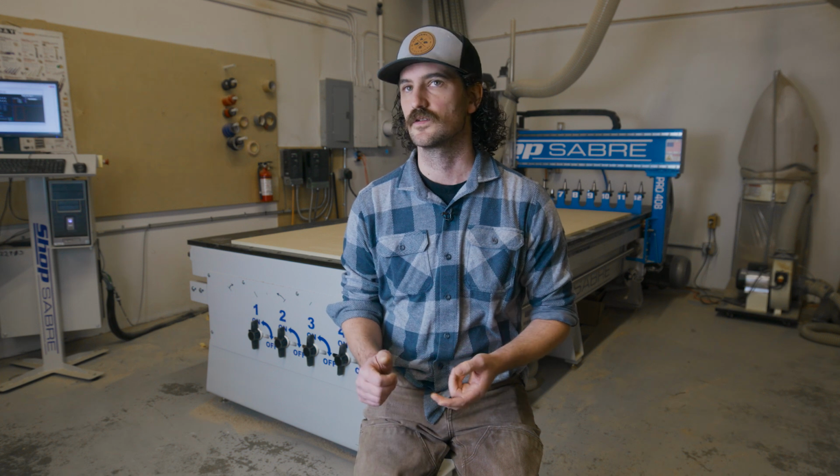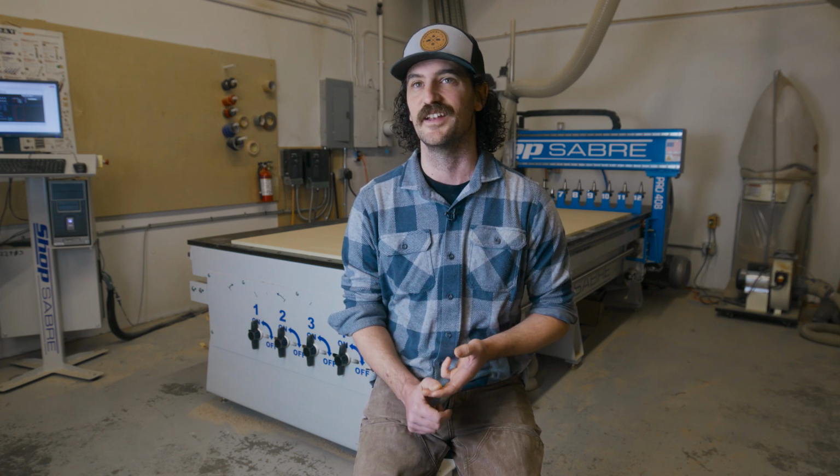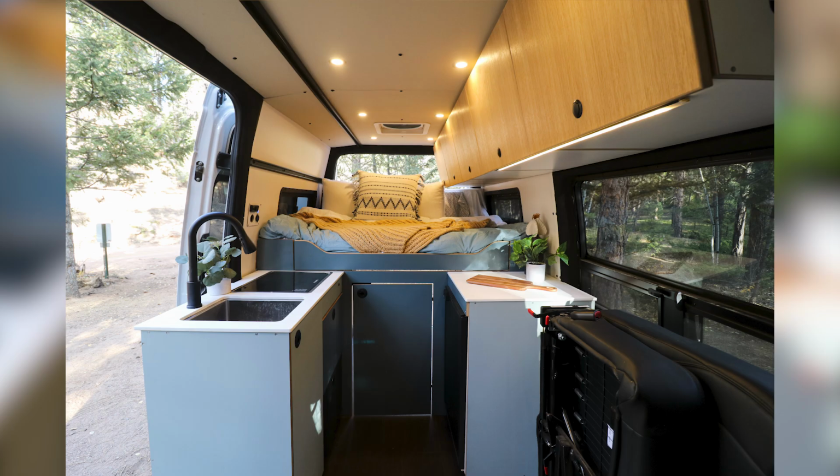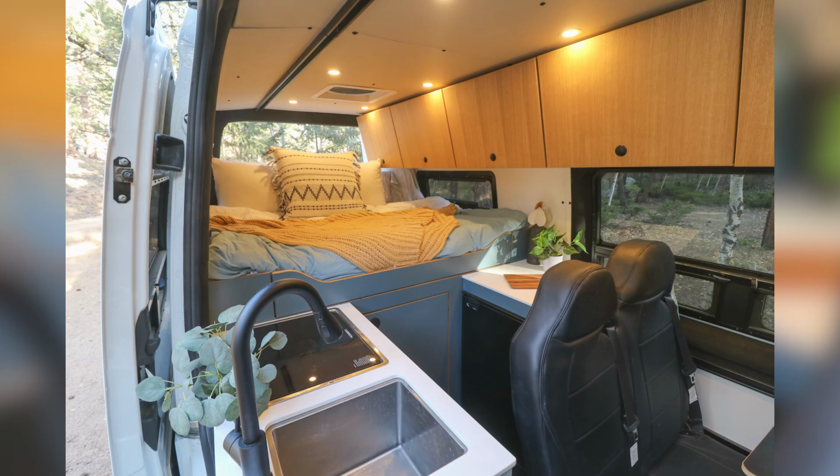If you're looking to get into a CNC, I would say get the best machine that you can afford. Don't skimp out on features or things that you think you might want later, things that you think you might not need now. You're going to need them when you grow, and you're going to want them when the time comes. Getting a machine that has a lot of value might be a higher price point up front, but you know that you're going to save time and you're going to save money in the long run,